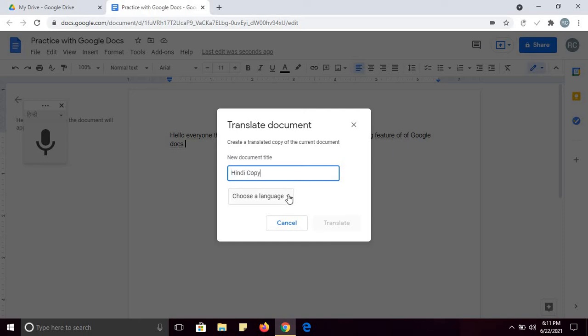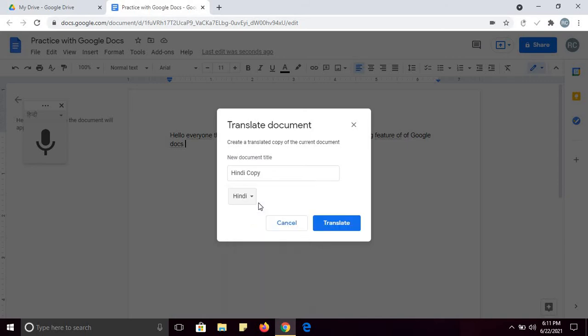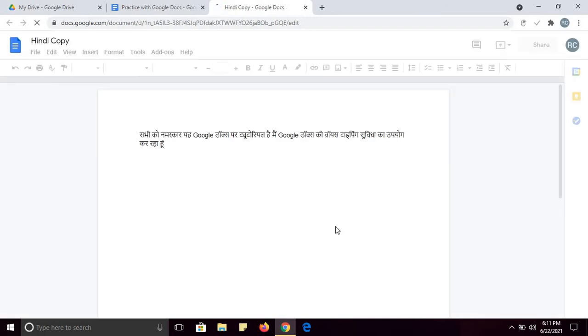Then choose a language, select Hindi from here, and translate. And it will be translated into Hindi.